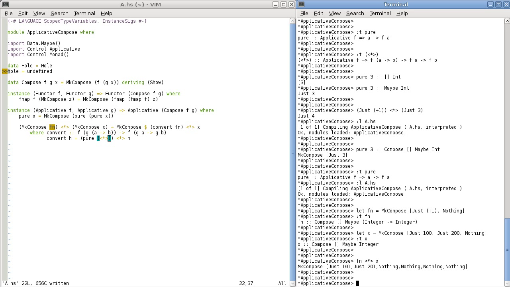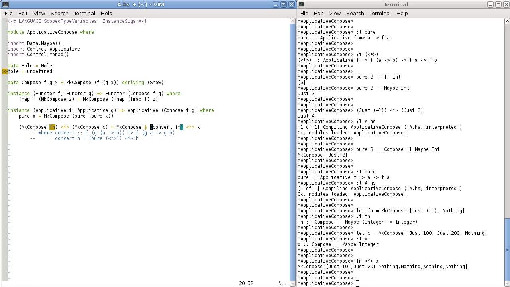So this is the definition for star, and we could tidy this up a little bit, because we can reason equationally with Haskell if we just comment those out. And instead of the convert, we can put its actual definition in, so that would be pure of that, and then operating on that, and that checks out. So that's actually the definition